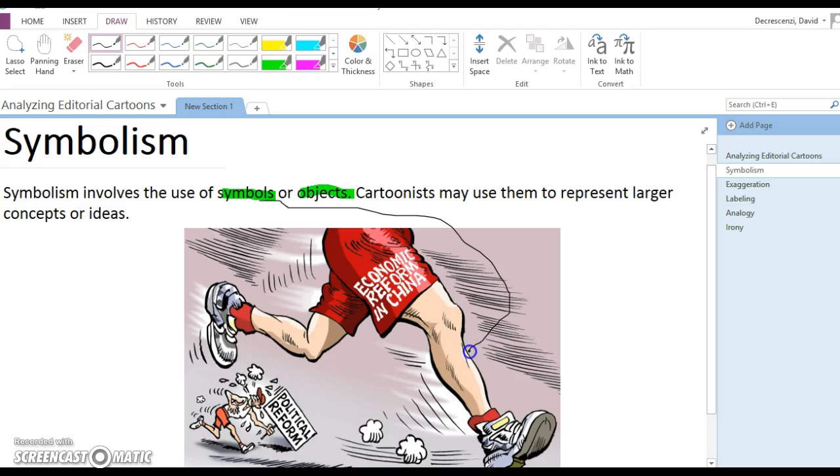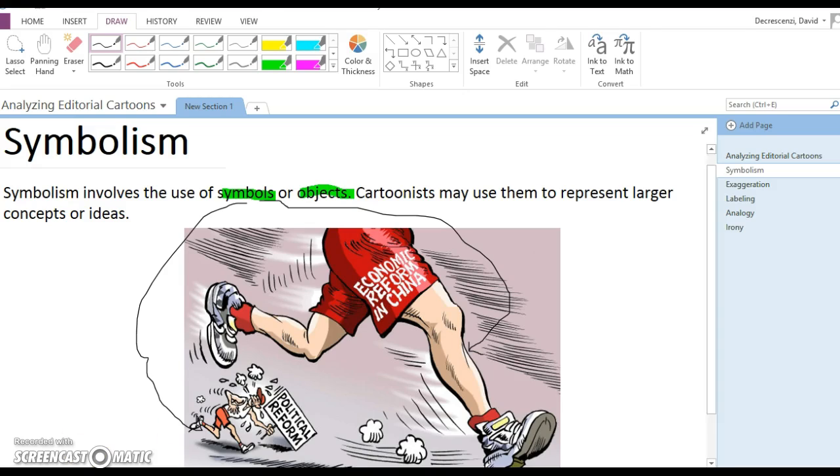There's one runner here, and there is also one smaller runner down here. These are the 2 symbols or objects that the cartoonist has used in creating an editorial cartoon on economic and